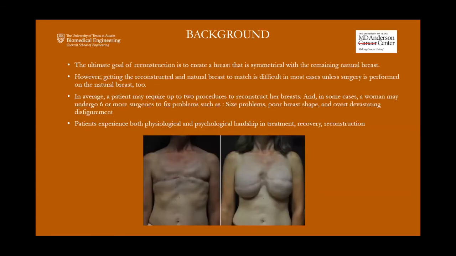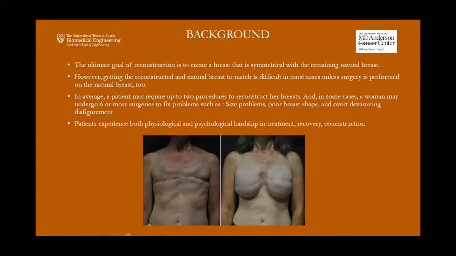The ultimate goal of reconstruction is to create a breast that is symmetrical with the remaining natural breast. However, this is not always possible, especially after the first reconstructive surgery, where on average, a patient may need 2 reconstructive surgeries to obtain the desired shape, which adds to the psychological and physiological hardship that a patient is experiencing